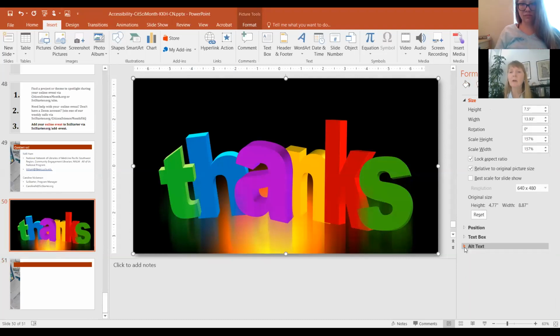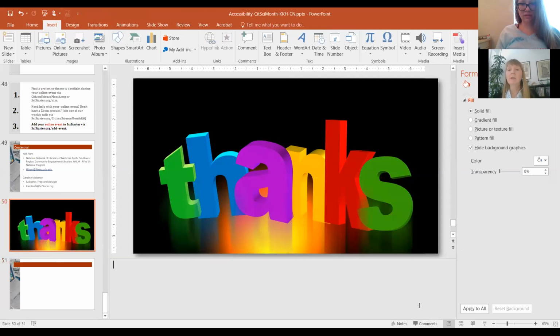Now I've already been using alt text, so it was already expanded. But this is where I would just put in the word thanks, which is not in here on this particular one. So it would come up as an error when I do my accessibility check. So now that one has alt text. To do an accessibility check,